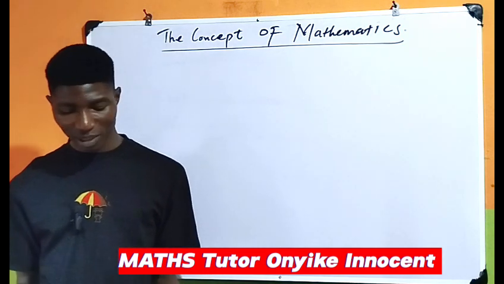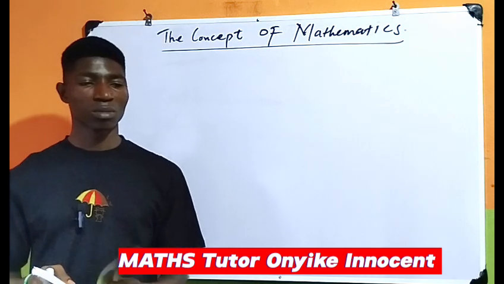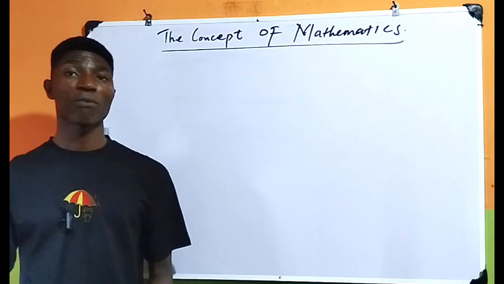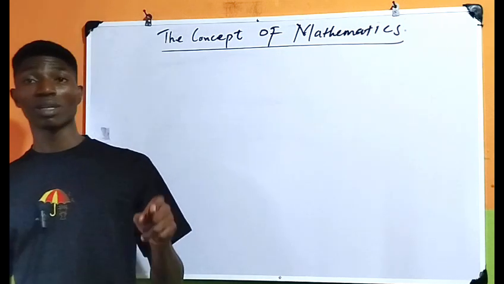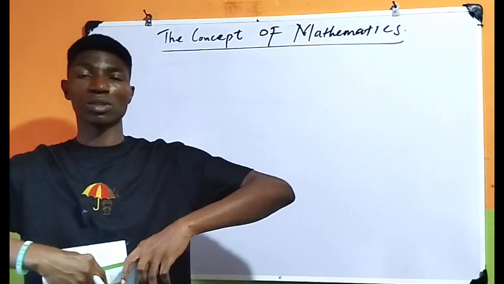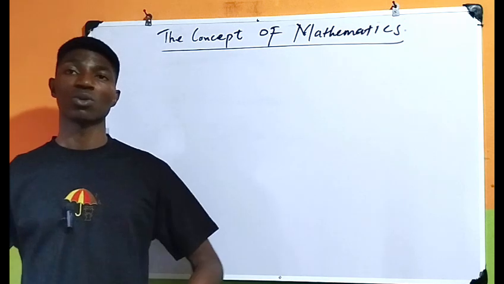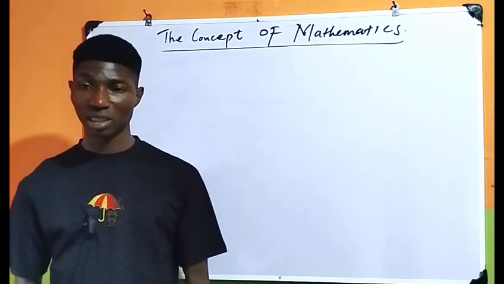Number three, fear of making mistakes and perfectionism. Nobody is perfect. Nobody knows it all. Even a Professor Emeritus in mathematics doesn't know it all. The day you stop learning, that's the day you start dying. The whole world is a gallery of knowledge. No one knows it all. So we shouldn't be afraid to make certain mistakes.